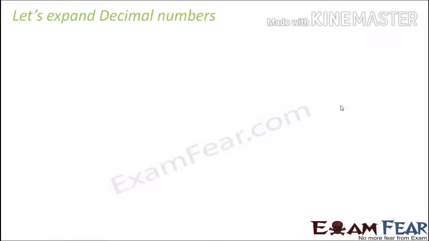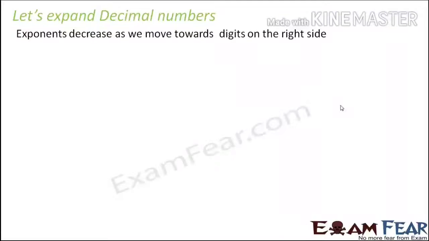Now let's see what happens with smaller numbers or decimal numbers, because when you talk about very small numbers or decimal numbers, we make use of the negative exponents. Here also the concept remains the same. Let's take an example: 1025.63. In this case, the decimal part of the number is 0.63. So 63 is the fractional or decimal part, and 1025 is the whole number part.